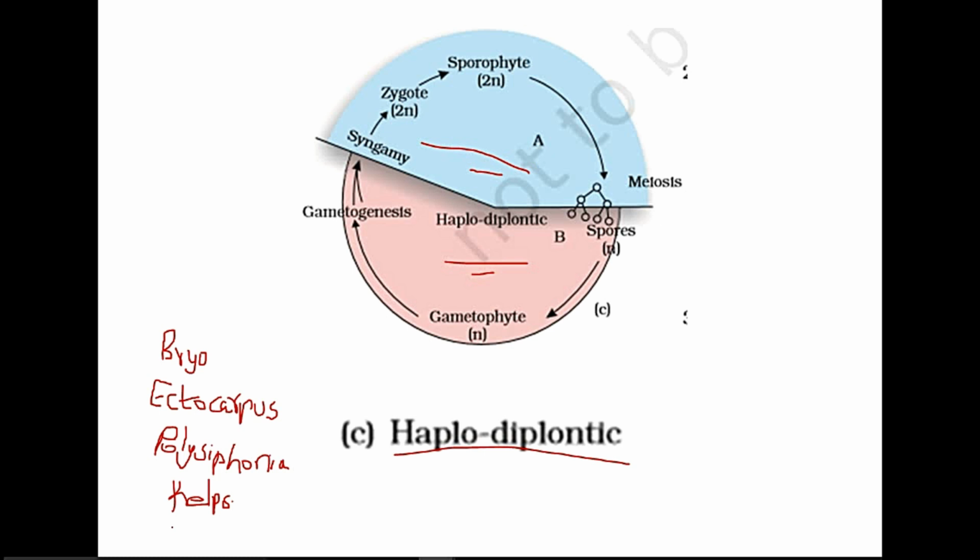And there is another stage called diplohaplontic. What does diplohaplontic mean? Here the gametophyte is represented by a few celled or many celled stage in the life cycle, and this is called diplohaplontic, and most of the pteridophytes and all seed bearing plants follow this pattern. So for diplohaplontic, the examples are pteridophyte, gymnosperm and angiosperm.